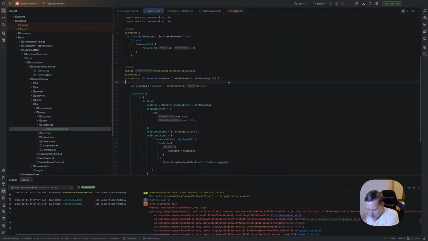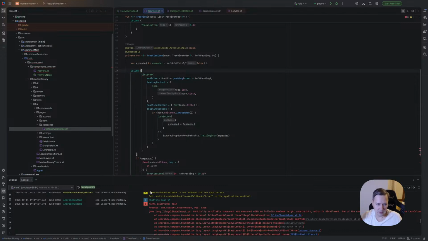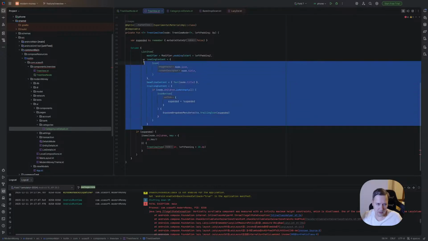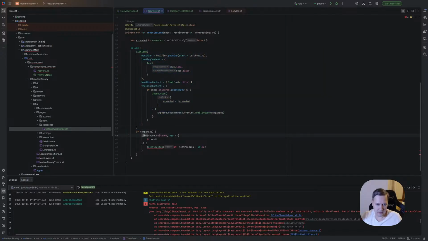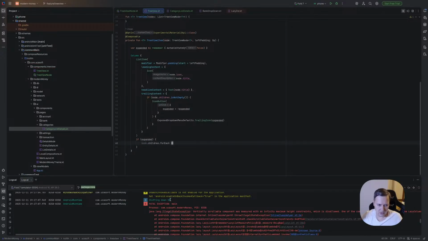We cannot use LazyColumn, so we can have columns and use columns here as well in this case. So we have columns, we don't need item, we have just list item, and if it's expanded, it shows the children for each TreeView item, with left padding plus 20 dp.